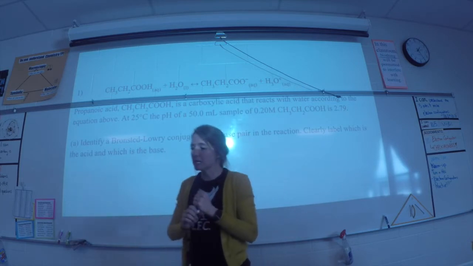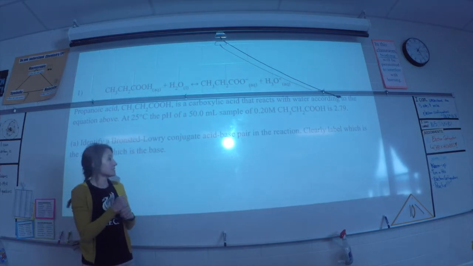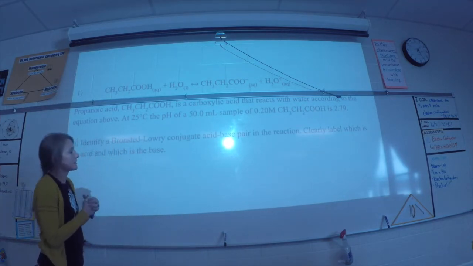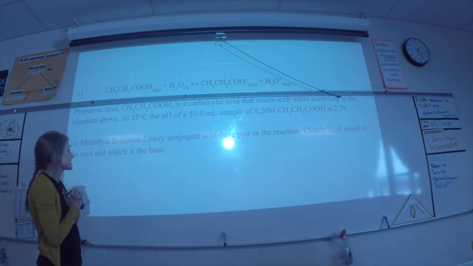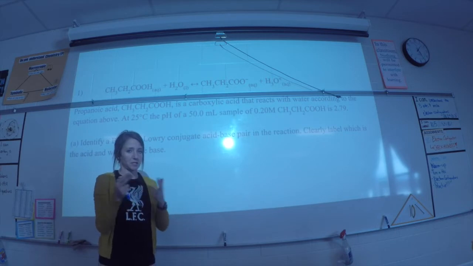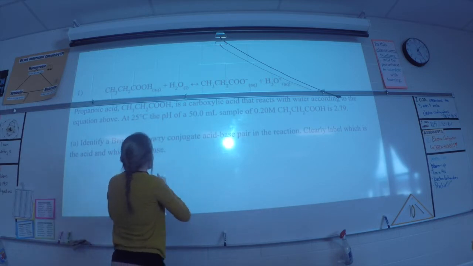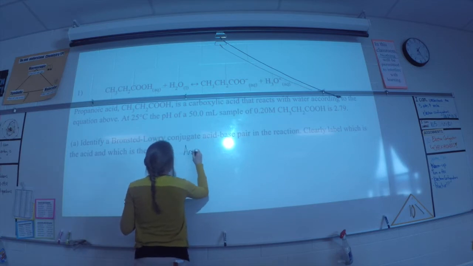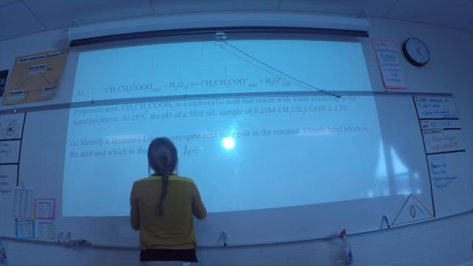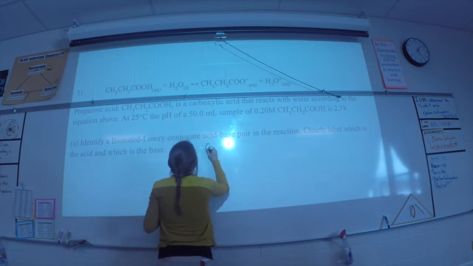Okay, let's go ahead and get started. Number 1A says, identify a Bronsted-Lowry conjugate acid-base pair in the reaction. Clearly label which is the acid and which is the base. So technically there's 2 conjugate pairs and you just had to pick one. So if you said